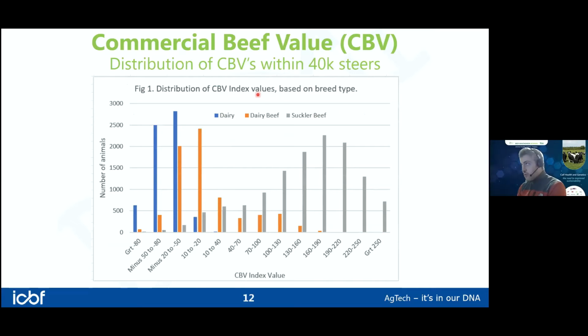So firstly, if we were to look at the distribution, this was the commercial beef values right across the 40,000 steers. And as you would have expected, our animals are color coded. The blue lines are our dairy animals, the orange lines are dairy beef, and the gray lines are the suckler beef animals. As you'd imagine, the dairy animals make up most of the lowest values down here at the left. Some of them actually have negative CBV values. You then have your dairy beef animals here in orange, around the center, hovering. Some are negative and some are positive. And then you have your suckler animals up the top, which, as you'd expect, because those animals are bred specifically for beef, have much higher carcass values and carcass traits, which is giving them those higher